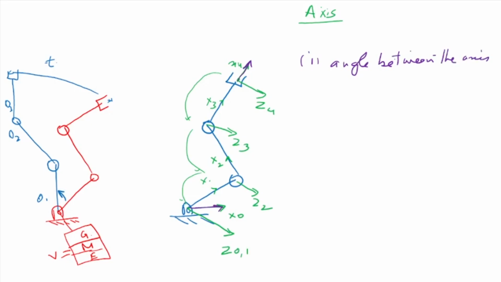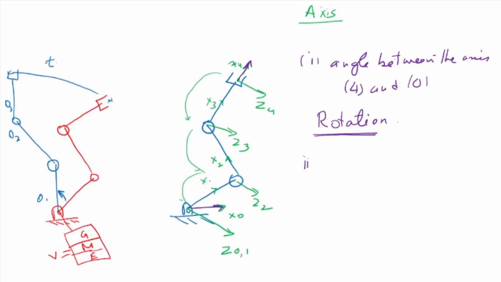Okay, so there is an angle between the axis of frame 4 and frame 0. This angle exists between frame 4 and frame 0, and this is what we call a rotation. So frame 4 is rotated with respect to frame 0. Okay, so there is a rotation involved between axis 4 and axis 0.